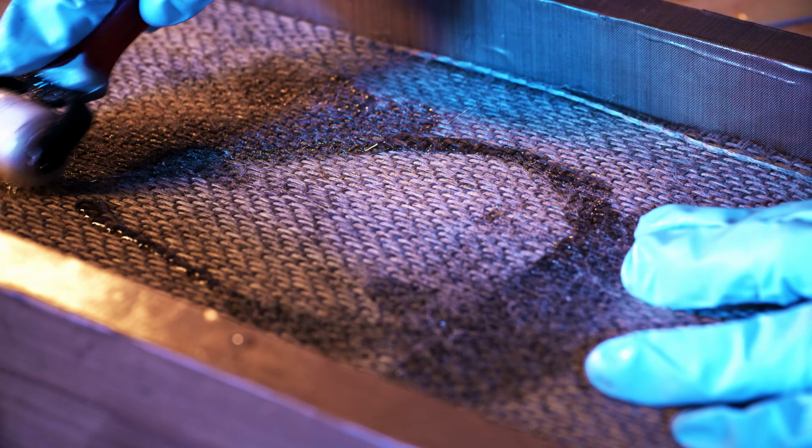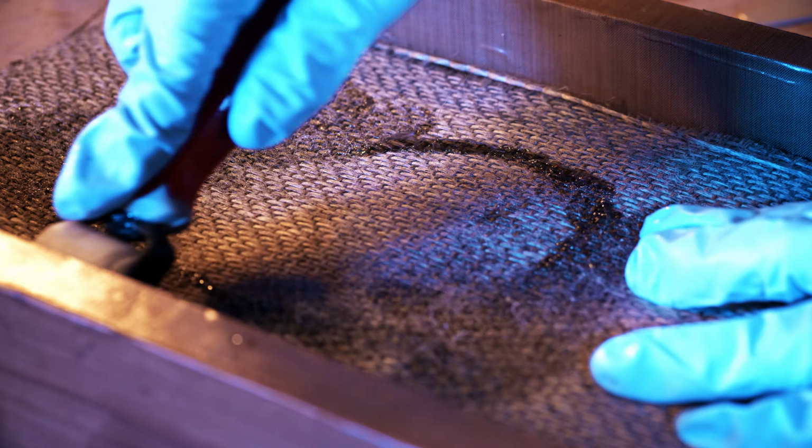Therefore, the resulting composite materials are not environmentally friendly, which means the development of fully bio-based polymers is an important